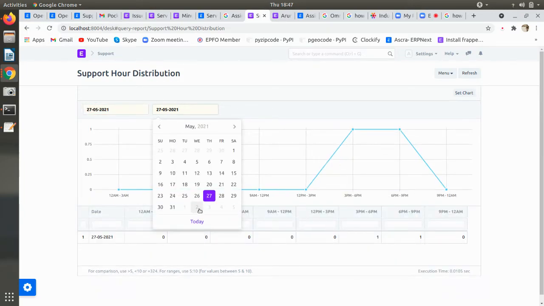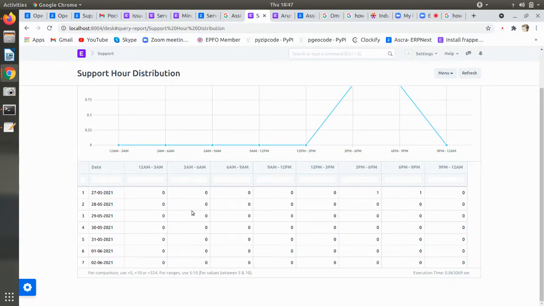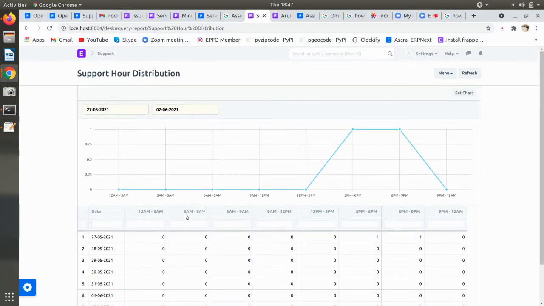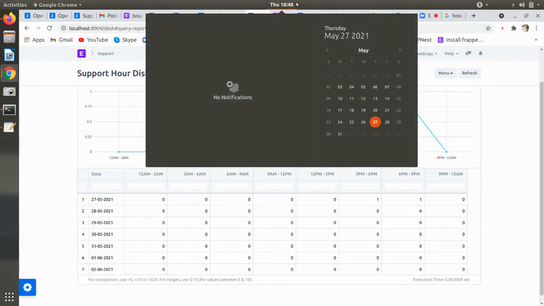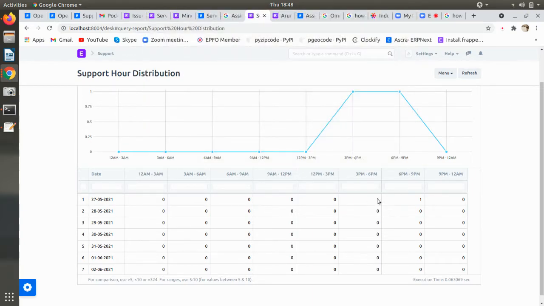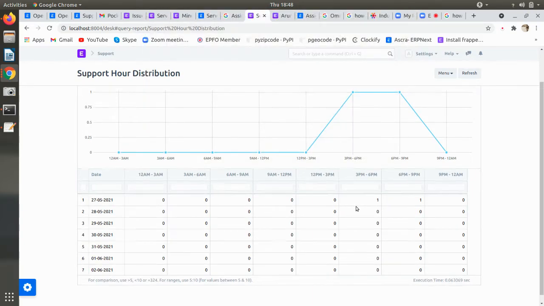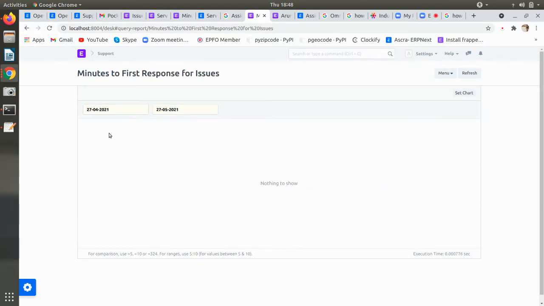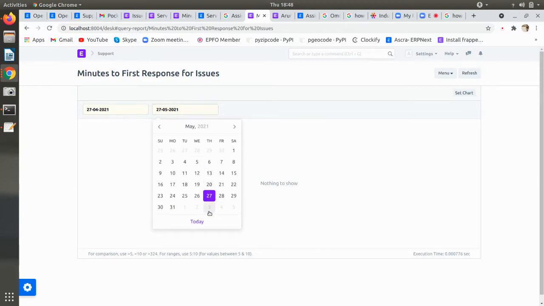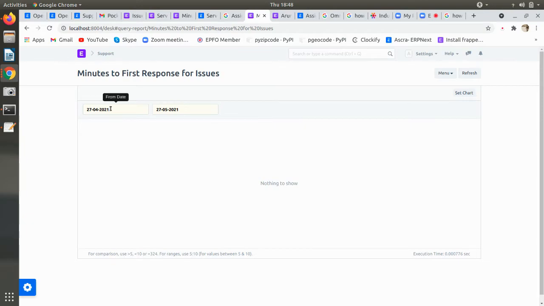So at what time we have handled the ticket, it is showing on the 27th. At this time we have resolved one ticket. It is saying one. I think this report is not working. We need to check why it's not working, and on what conditions they have filtered this report, we need to have a look.